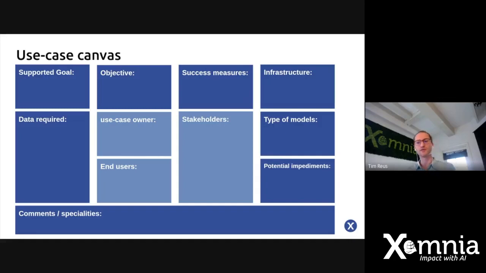If we continue to move to the right, we see the type of models. Now this is another aspect where you're definitely going to need your data scientist, and that's at the beginning, to start to think about what type of models we could use to actually solve our problem. And I'm not saying this is definitely going to be the way you're going to do it in the end, but it's good to already have a thought about this. And why? It's because you need to know, do we have these capabilities in-house? If you don't have them in-house,